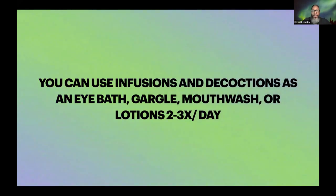Do not expect it to work once a day. You want to continue to drink it at least 3 to 4 times a day. I find 4 is a great number. The standard is 6 times a day for acute issues and 3 times a day for non-acute issues. I like the magic number of 4 because it pretty much covers a little bit of both. So as long as you're consuming it 4 times a day, you're going to get the results that you're looking for